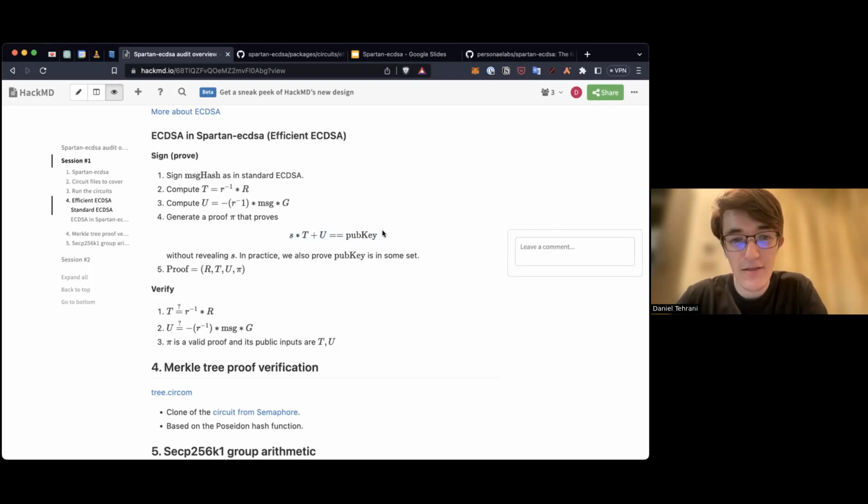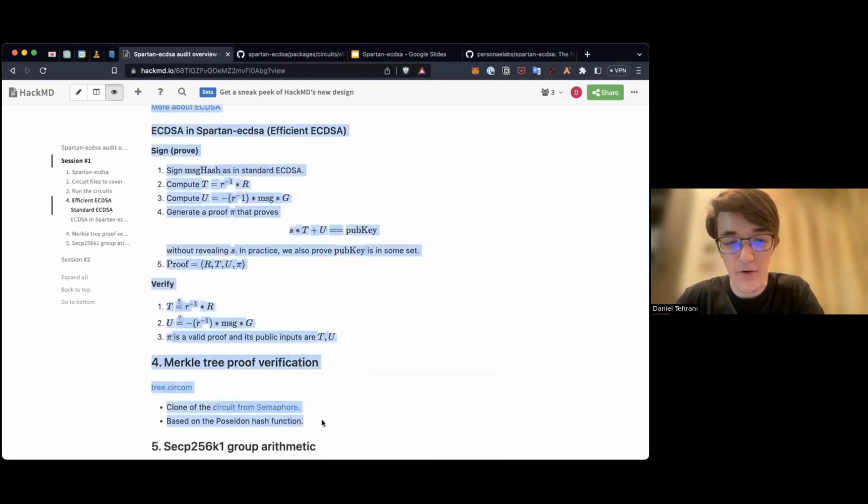For ECDSA, the proving part is simply done in a cryptocurrency wallet, or any other, or even in a mobile phone enclave. But the verification part, we want to make that succinct. So we want to prove that we successfully generated a signature that passes this verification, and also that we know a Merkle tree path that results in a Merkle tree root. So to encode this, we need